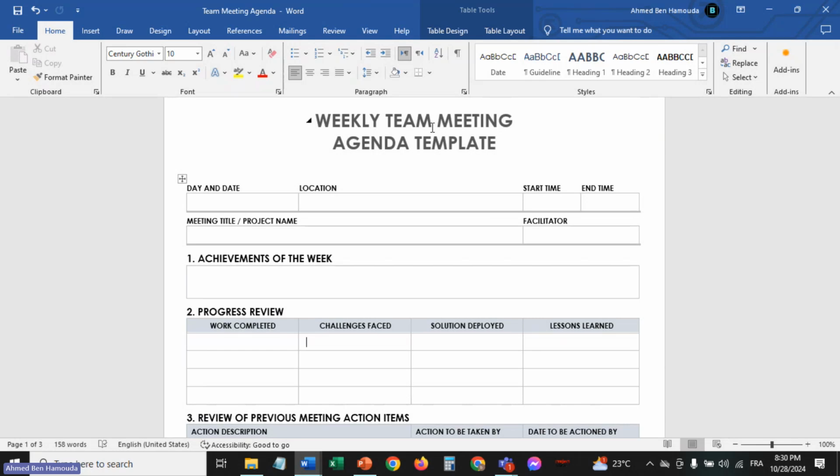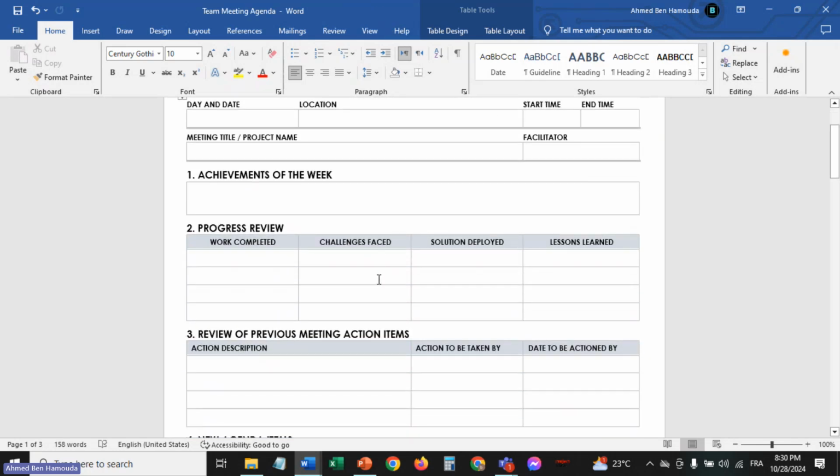And for any meeting you schedule as a project manager, make sure that you create an agenda in advance. You attach it to the meeting invitation when you send it out, okay? And make sure that everyone, once they join the meeting, is aware of the agenda. What are we going to talk about today? What are we going to discuss today? It's really important to specify the agenda, the topics that will be discussed in that